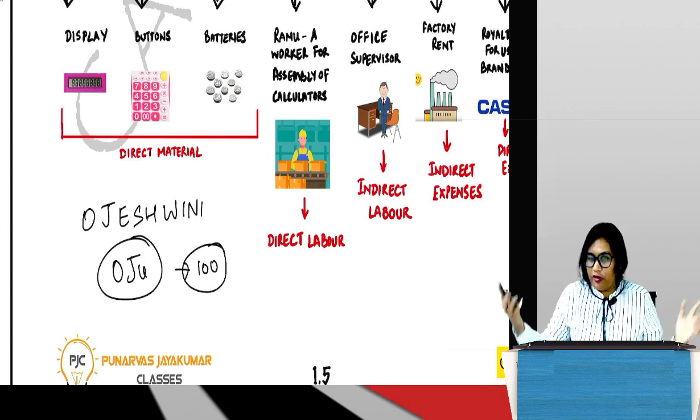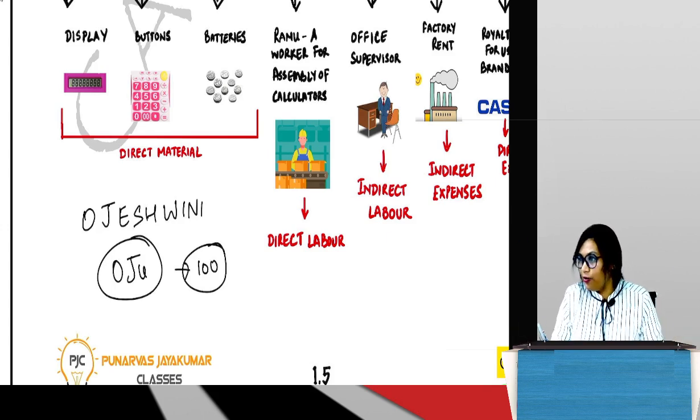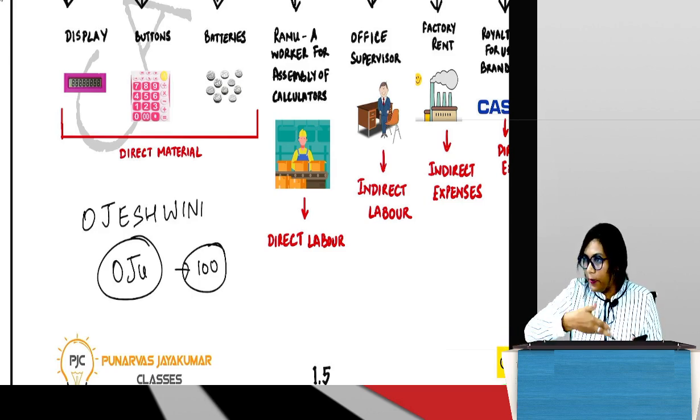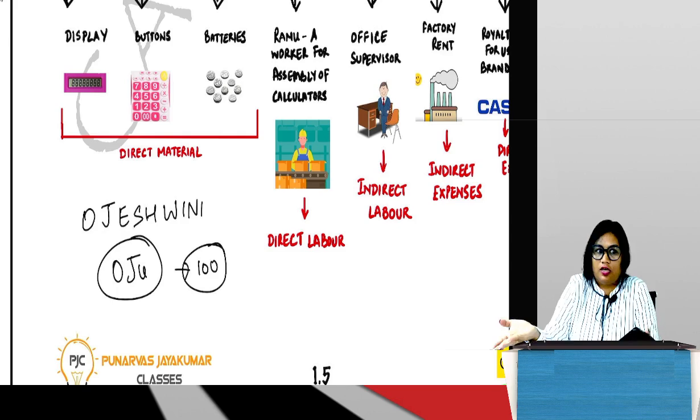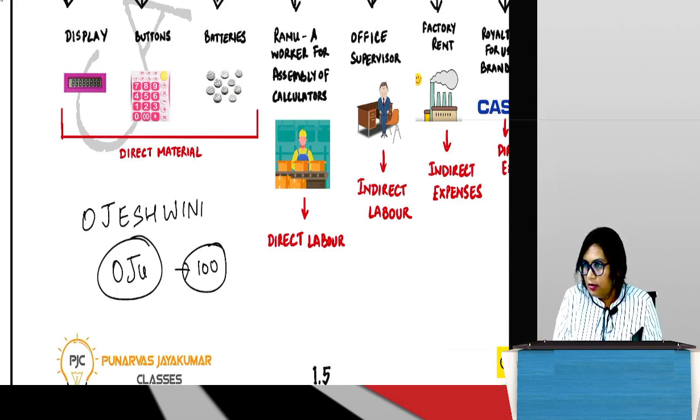So Oju is overjoyed. Yes sir, I'm going to do that. So please give me 100 stickers. So the CEO says, nah, I'm not going to give you stickers just like that. Why should I give you? That is my brand value. I have spent years building it. How can I just give you a sticker like that? Correct? So then Oju says, so then what am I supposed to do?